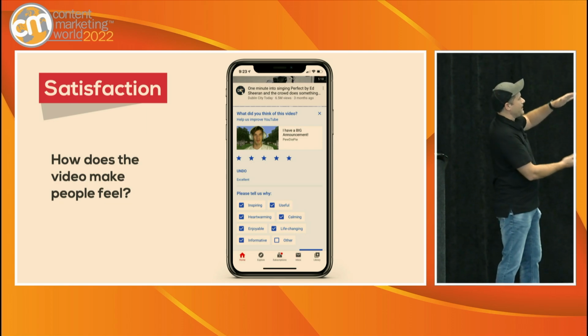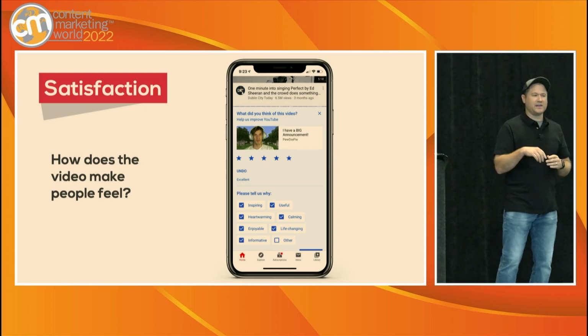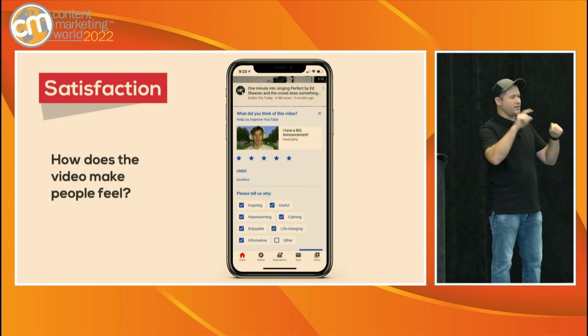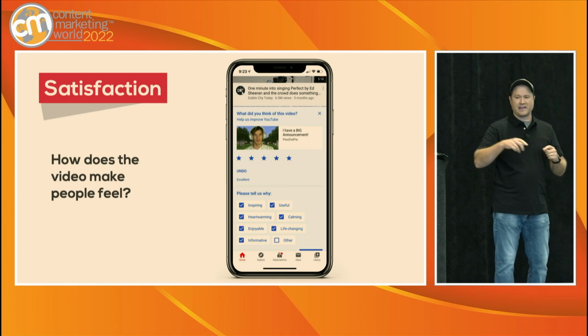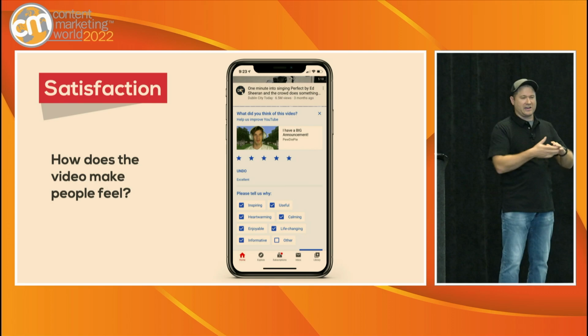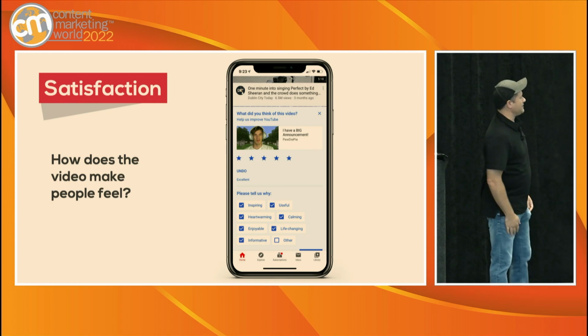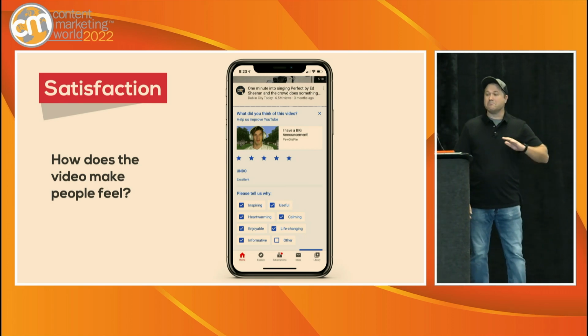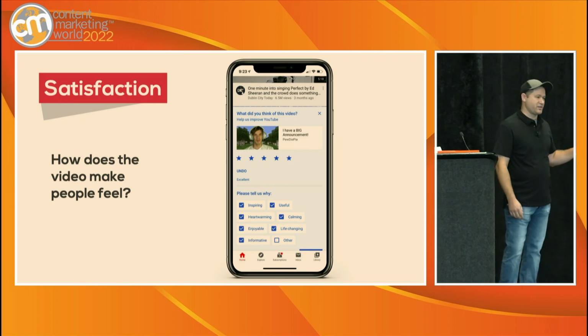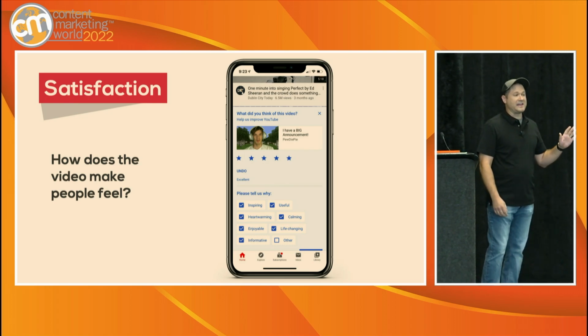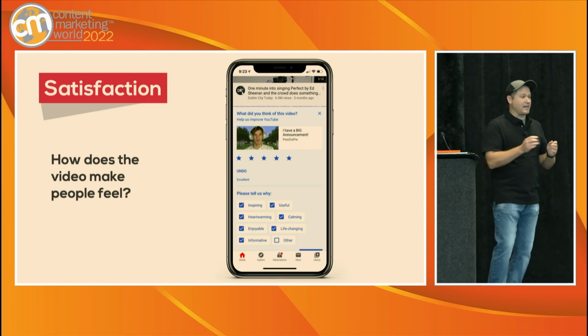This is what it looks like expanded, but if you're just browsing the feed, right below the video there'll be a few different emojis, and they're like, hey, how do you feel about this video? And you tap one and then it expands into this, and you can give it a more detailed rating. YouTube is collecting millions of these satisfaction surveys every day,